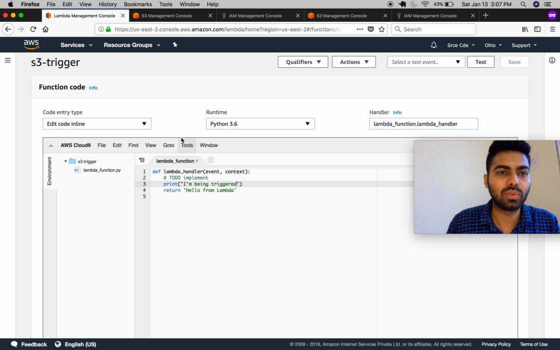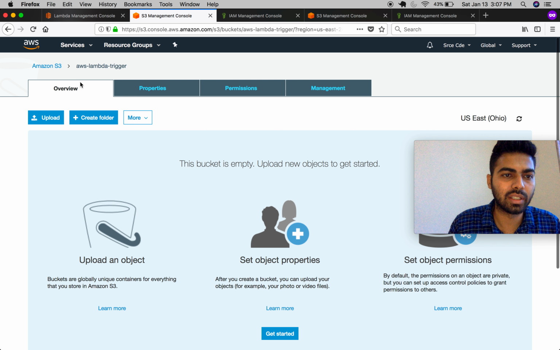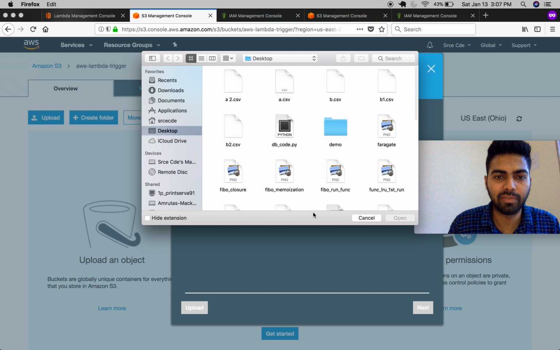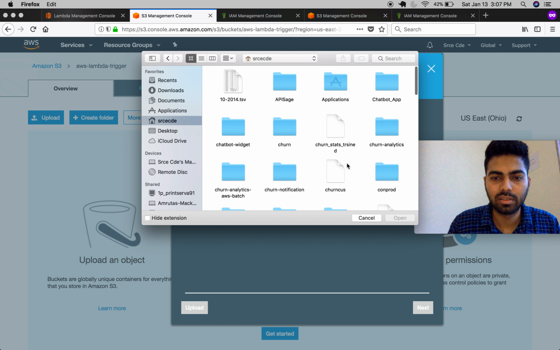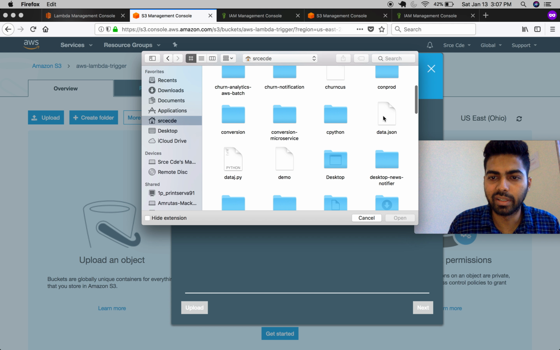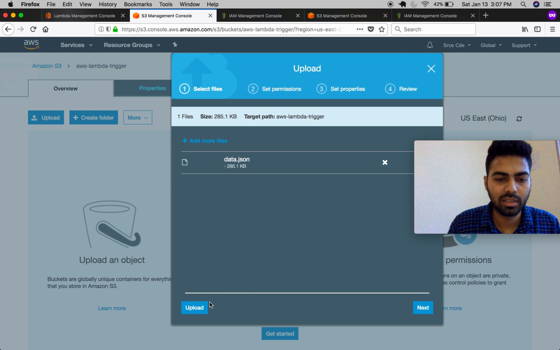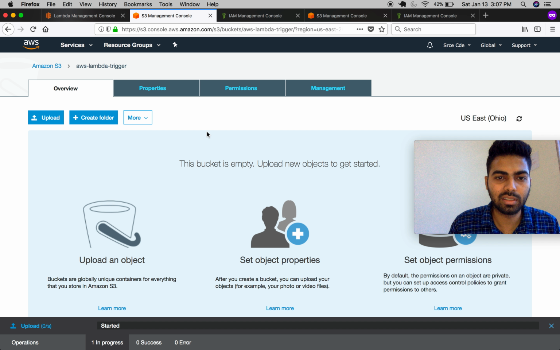Now navigate back to the S3 management console in our aws-lambda-trigger bucket. Then click on upload, add a file. Now I am going to add data.json and upload it. Once this file gets uploaded, our Lambda function will get triggered.